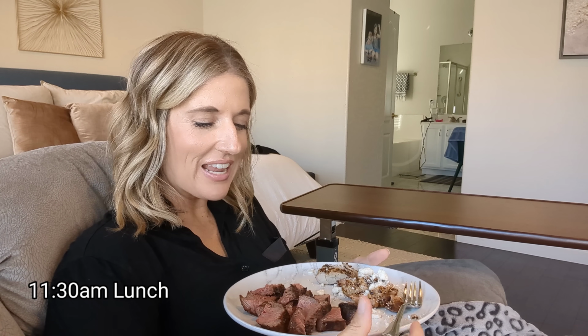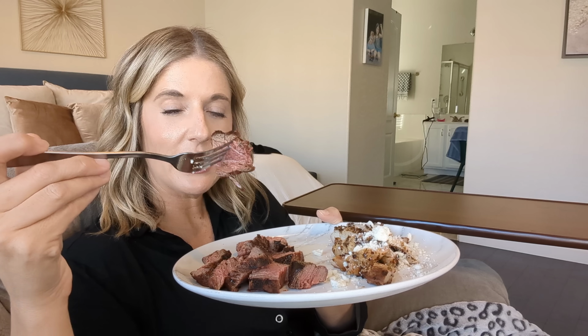Okay, lunch today. I have some beef and some chicken. This is 6 ounces of beef, maybe a little bit less than that of chicken. It's a chicken thigh with some Greek seasoning on it and a little bit of feta cheese. And then this was a rib cap steak from Certified Piedmontese, but it is just like a really nice piece